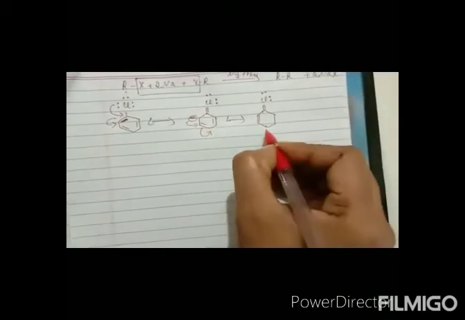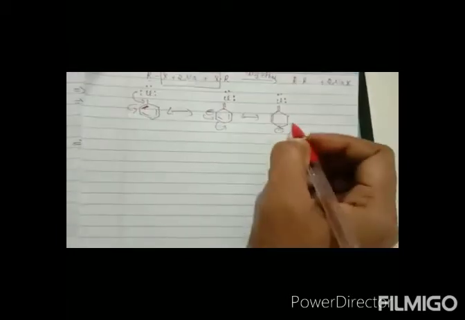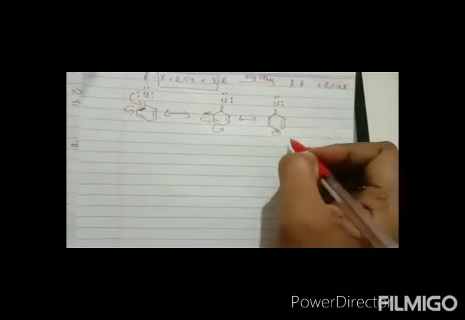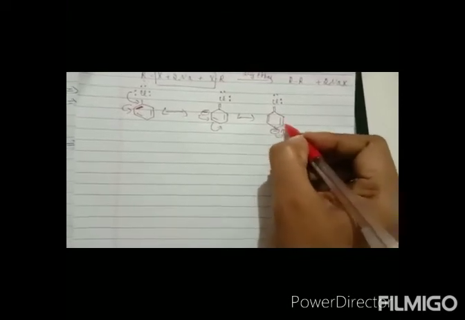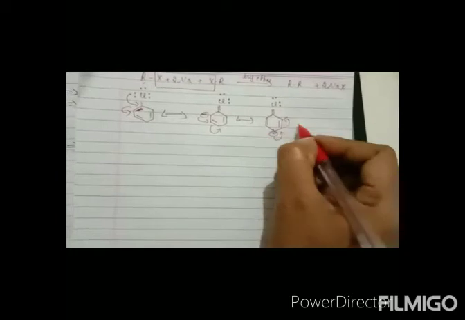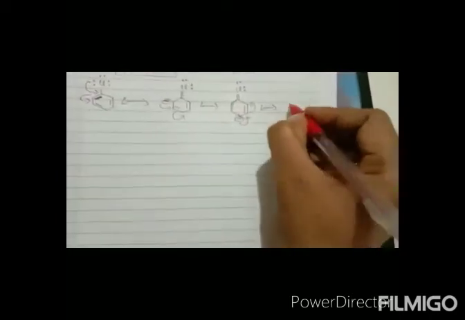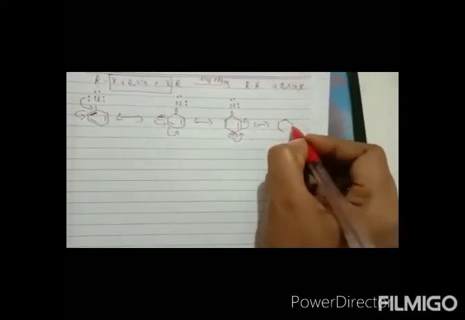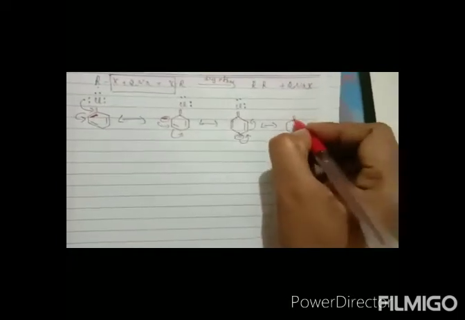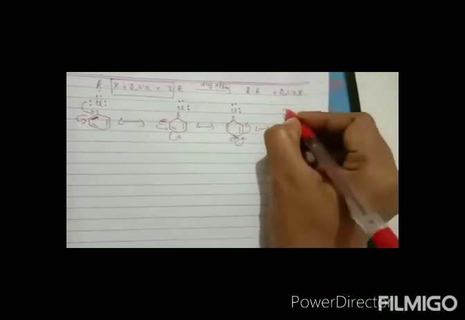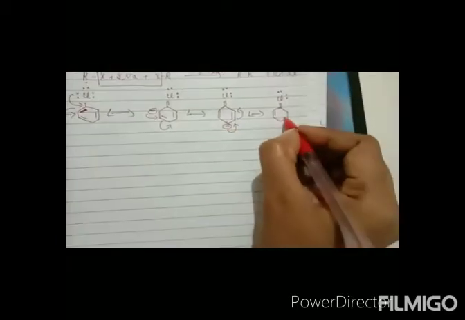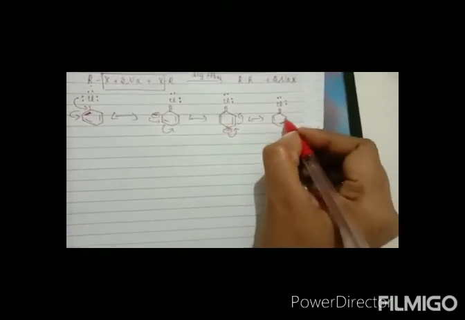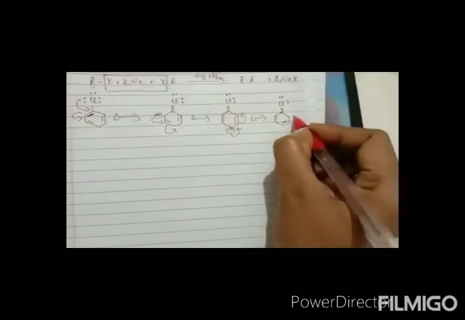This double bond will open on this position as the negative charge. This will remain as it is. The next shifting will be the negative charge will open over here. This double bond will open up as the negative charge at the ortho position. So we have our next resonating structure as the double bond Cl with lone pair of electrons. This will remain as it is. This negative charge will open up across this position and the double bond over here with the negative sign, right?